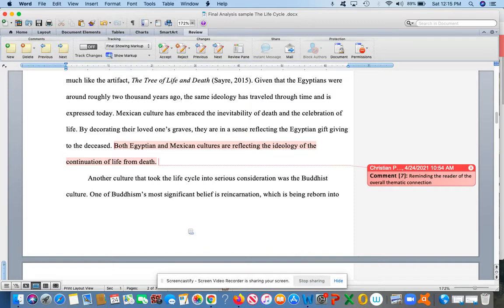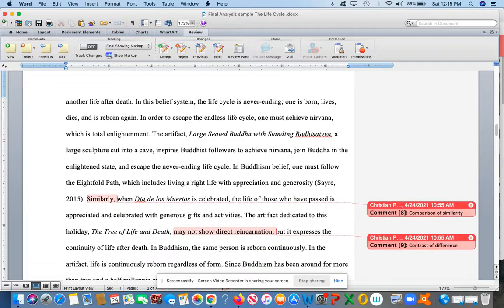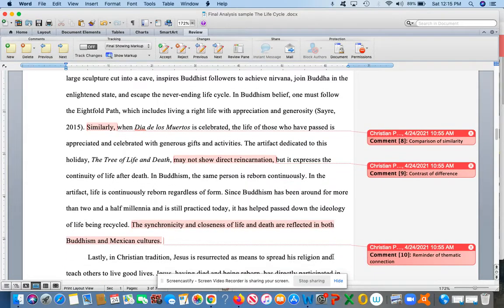And that's nice because then it makes for a quick transition into the discussion of Buddhist culture and the artifact large-seated Buddha with standing Bodhisattva. And I appreciate that the writer is bringing up the Eightfold Path, which is a great example. Again, I'm seeing words like similarly, so I know here comes the comparison, and then we have a nice